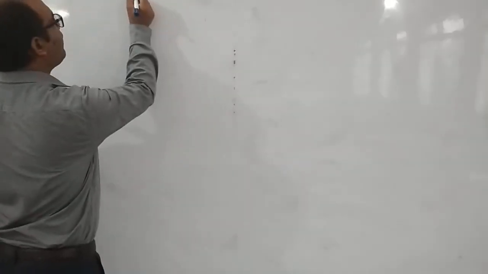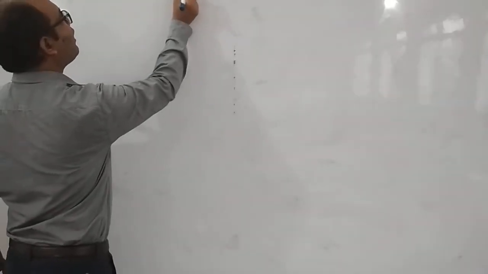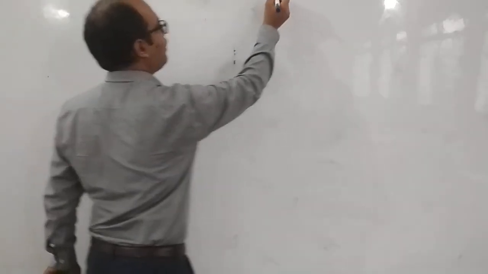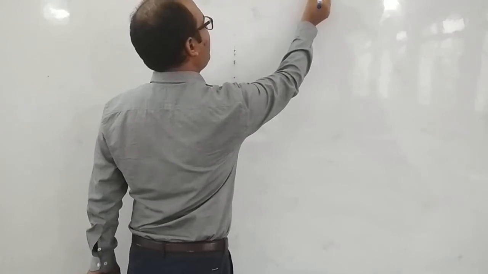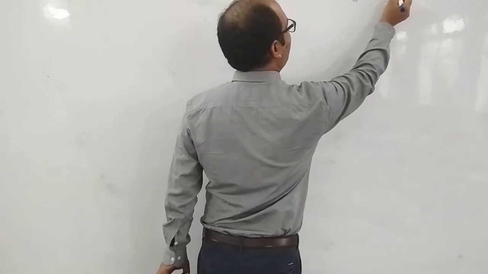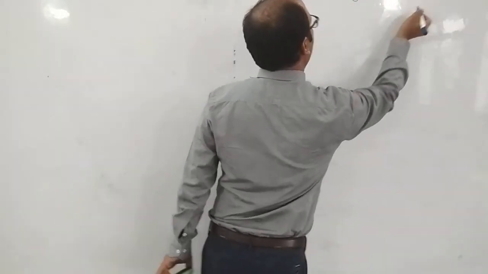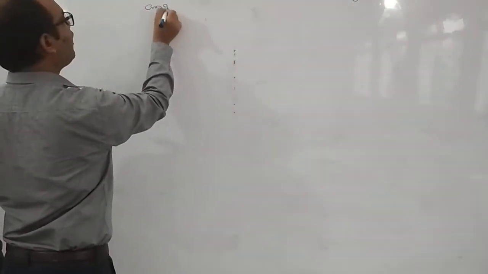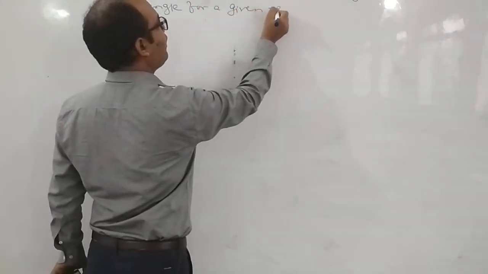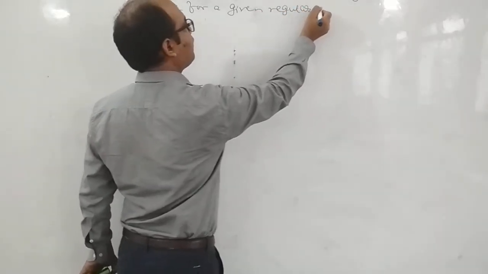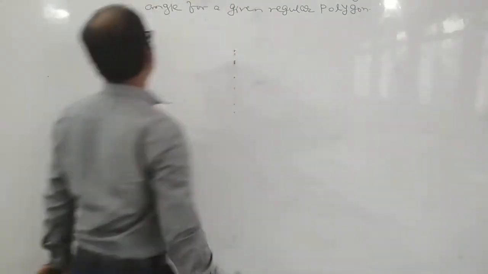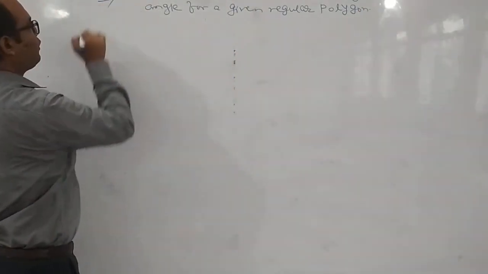So the question is: write an algorithm for calculating the exterior angle for a given regular polygon. So for this we need to